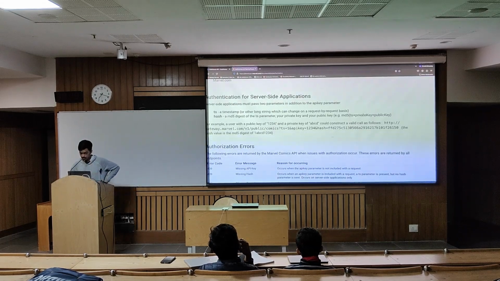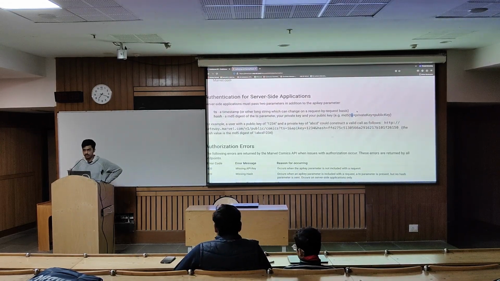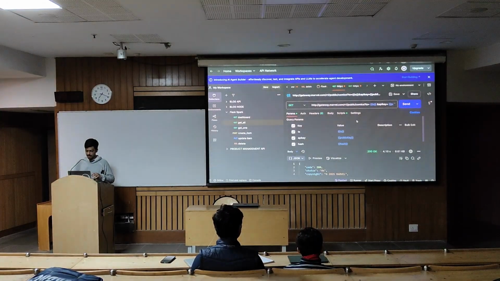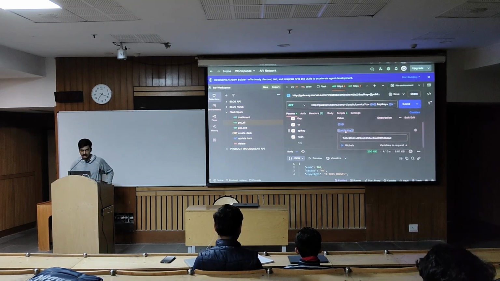What the API asks us to do is use a hash function known as MD5. It asks us to make a certain string with the timestamp, the private key, and the public key, hash it, and send it along with the request and the query parameters. Whenever we are sending a request to the API, we can't just manually calculate the hash every time